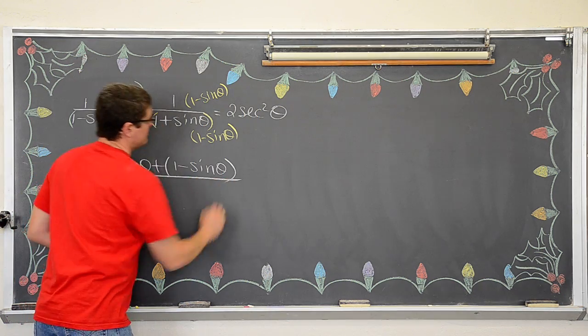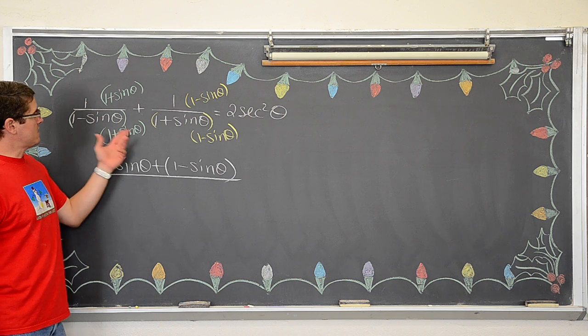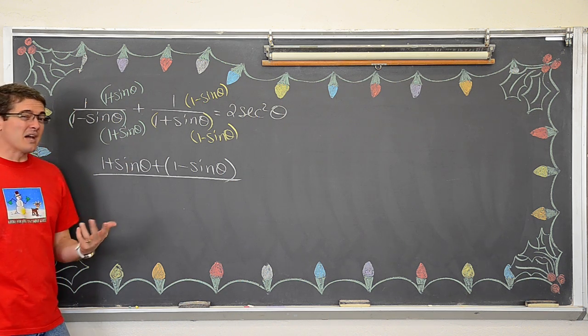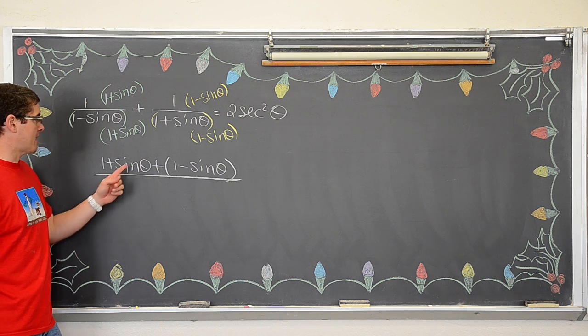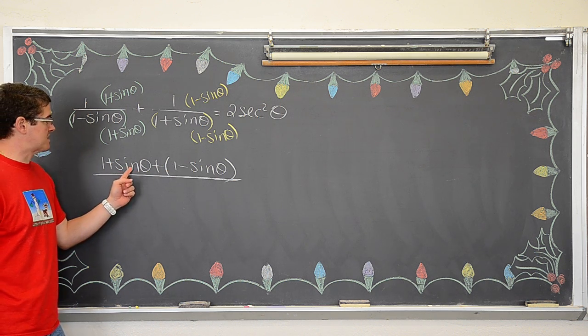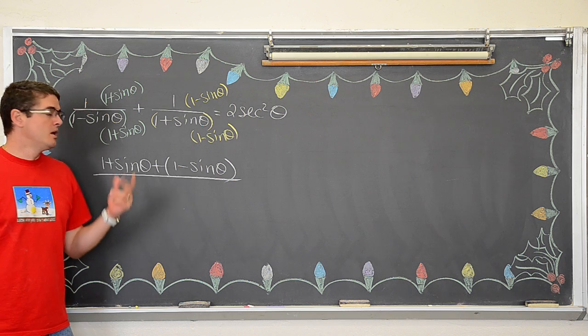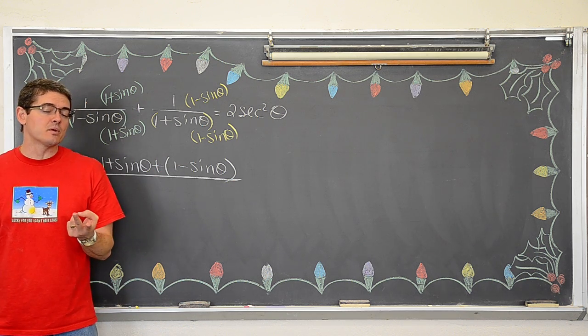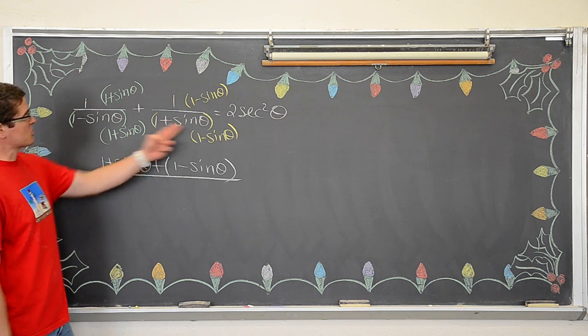And the denominator is going to be, now a lot of times I will leave these in factored form because a lot of times stuff cancels out. But I can look at the top already and see it's going to be sine minus sine. So my numerator is only going to be a value of 2 and there's no chance of anything canceling with the denominator. So I'm going to go ahead and multiply this out.